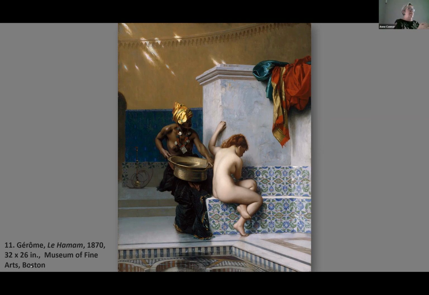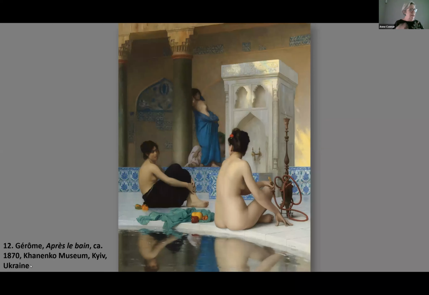Again, the rendering is superb, but now the spirit of the painting has changed. Here again, he shows three ladies, one completely in the nude, and the others as they would have been keeping a loincloth or having a wrap around the waist. Beautifully painted, extraordinary colors, a great sense of the bodies and the softness of the flesh and the reflection in the basin.